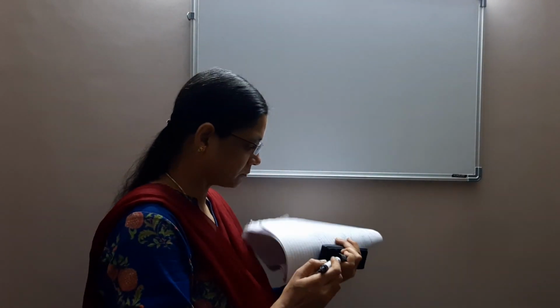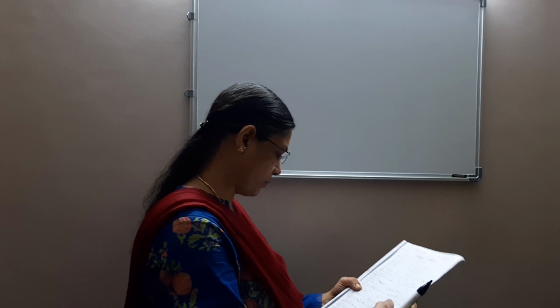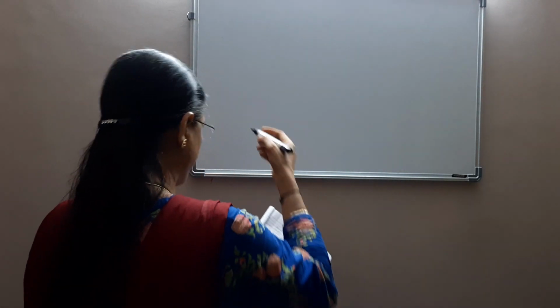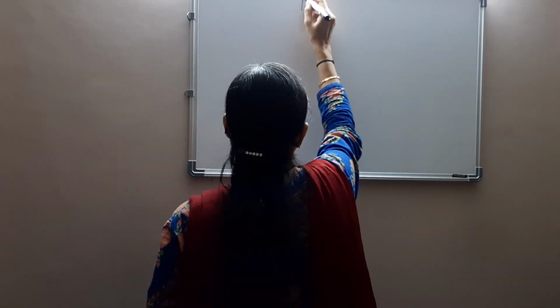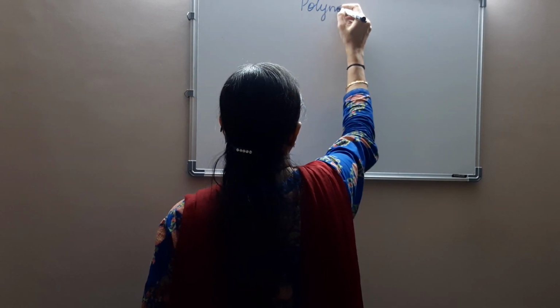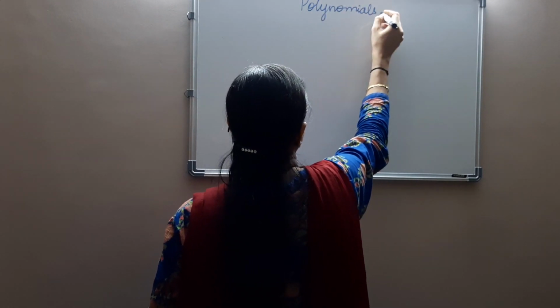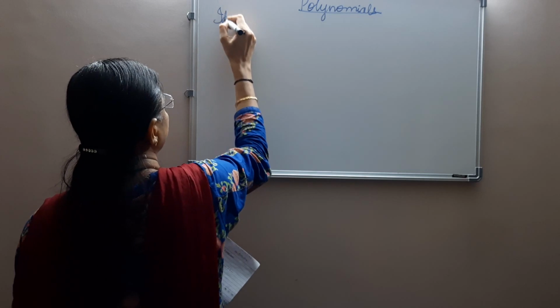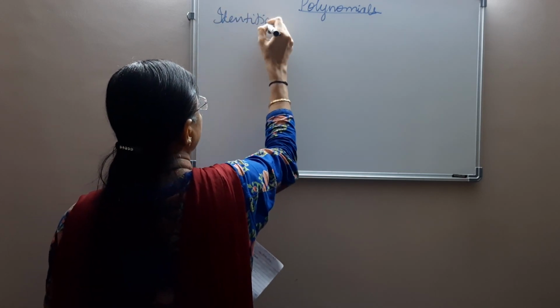I have given you algebraic identities and we have been doing problems based on algebraic identities, isn't it? So now we'll continue further. We'll see still some more problems based on identities. Now our next problem is, we have stopped with the 7th problem. Today the topic is polynomials, and in polynomials it is algebraic identities.